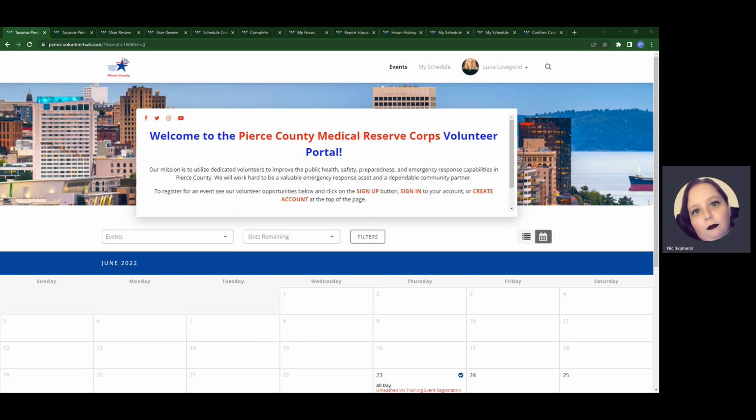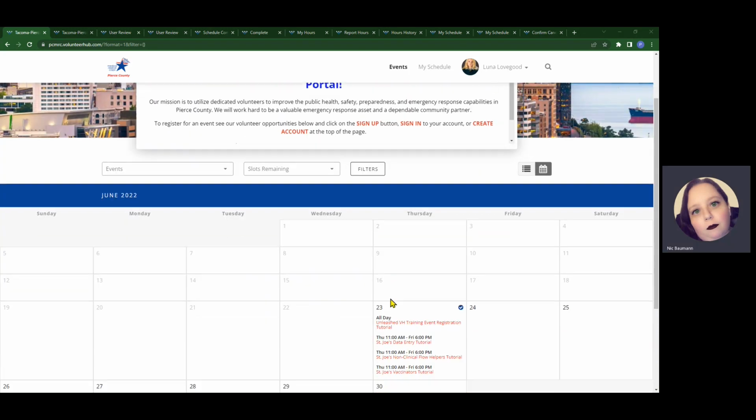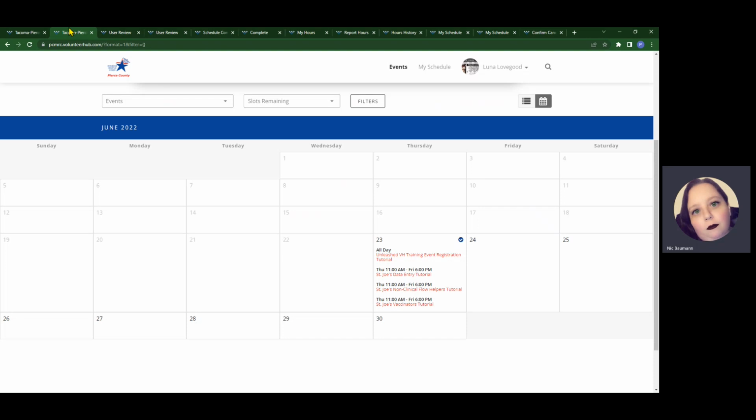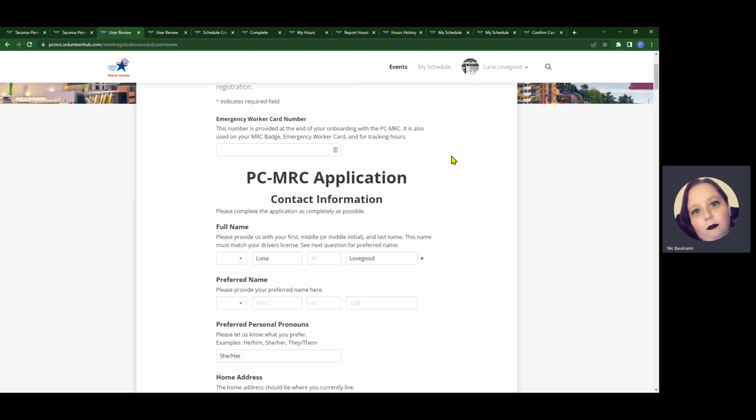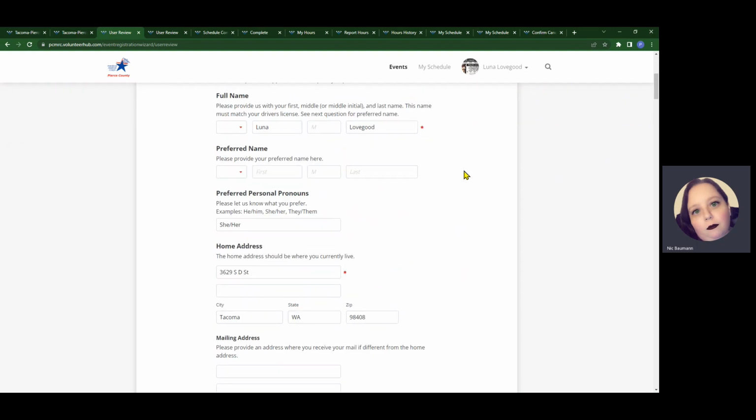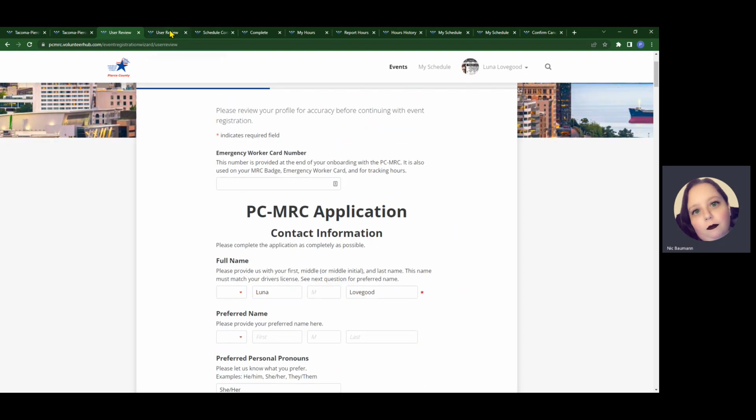When you find an event you want to register for, click on the name of the event. It will pop up another screen here for you. You will see that she already has an event she's been registered for, but we're going to go ahead and click on sign up. And what that's going to do is bring us over to a user review, which means that there is something that she needs to fill out and that it was not completed, or we have recently added to it,